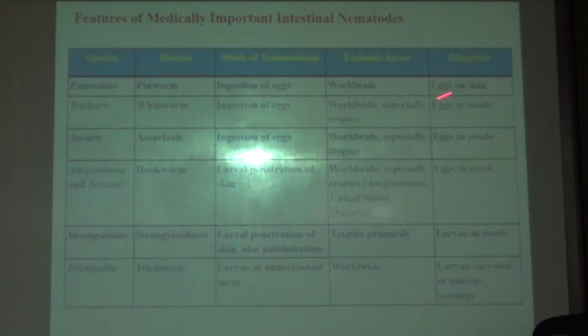This is how we make the diagnosis. This is unique for pinworm. I have told you, you can see the eggs on the skin, in the perianal region. For others, mostly it is eggs in stool. In Strongyloides, larvae in stool. In Trichinella, as it infects the muscle,